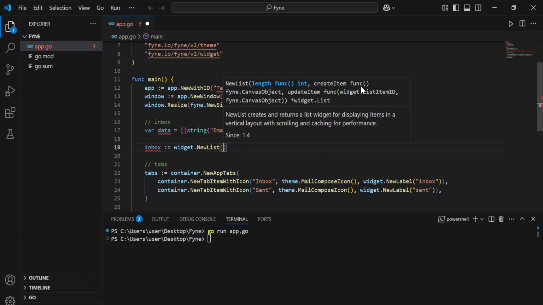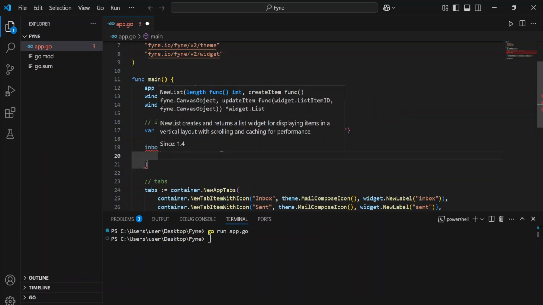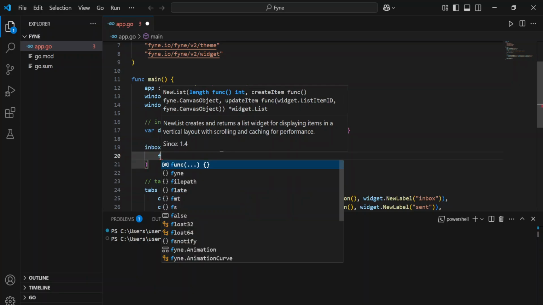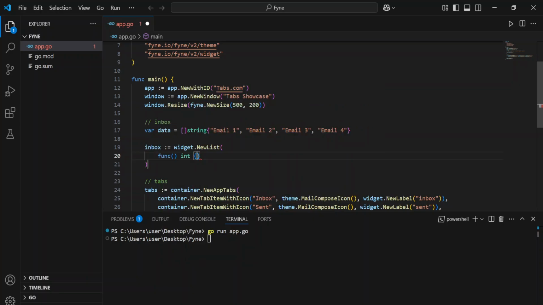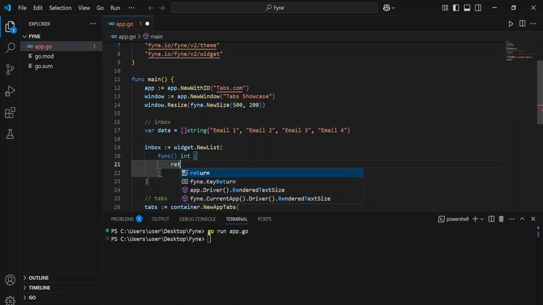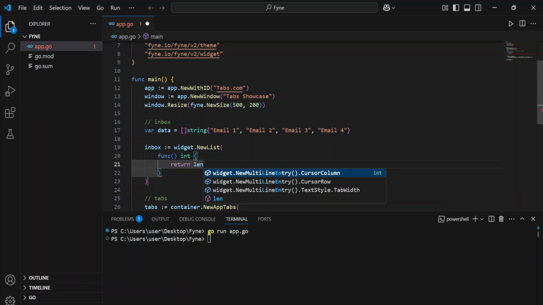This creates a template, and then we have the update item, which is going to update the label that we have created here. So the first thing, of course, is a function of an integer that's going to return the length of data,